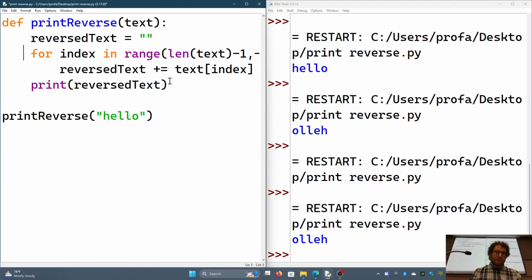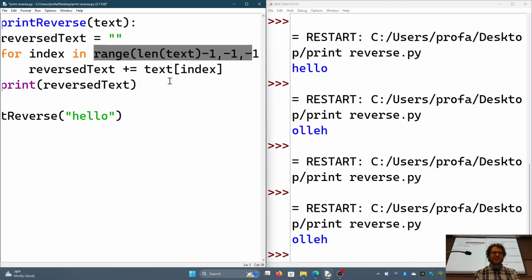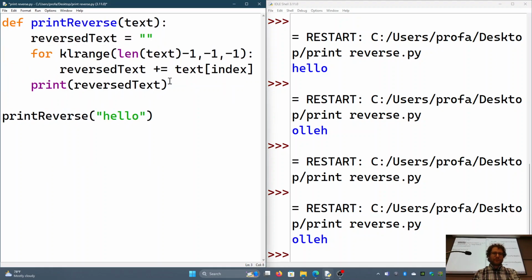And then another way we could do that is, what if you really are uncomfortable going in reverse, right? Does the idea of going through your indexes in reverse really bother you? Well, we can switch this up one last time. For letter in text,